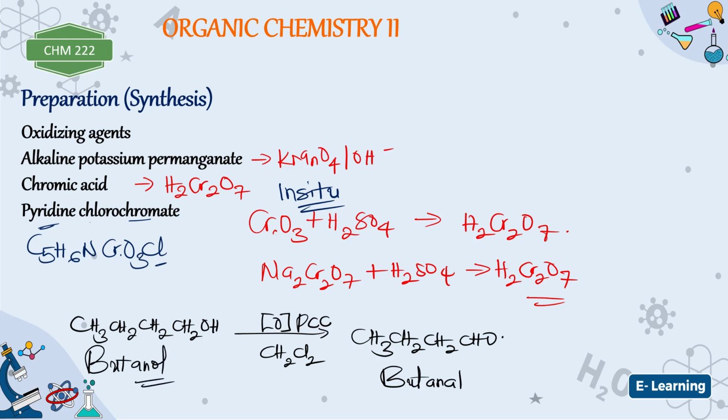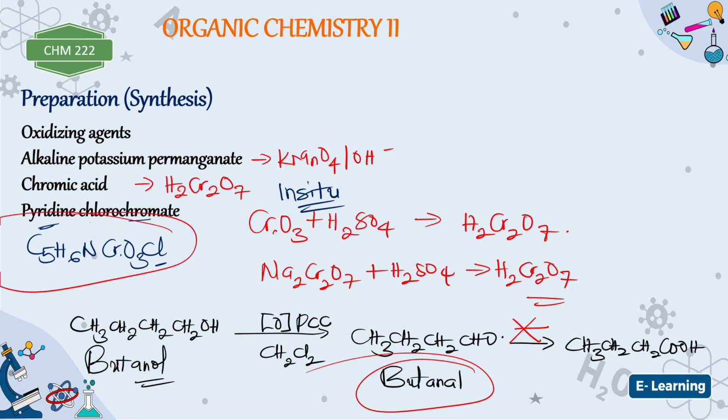Is that okay? Now, this butanol, by another oxidizing agent, has the tendency of being converted to butanoic acid. But with pyridinium chlorochromate, this reaction is avoided. So it will only end at butanal. It cannot convert butanal to butanoic acid. That is why we say it's a special oxidizing agent. So whenever you see pyridinium chlorochromate, know that it's capable of converting primary alcohol to aldehyde without converting that aldehyde to the corresponding carboxylic